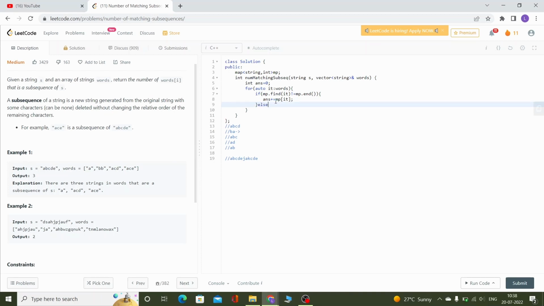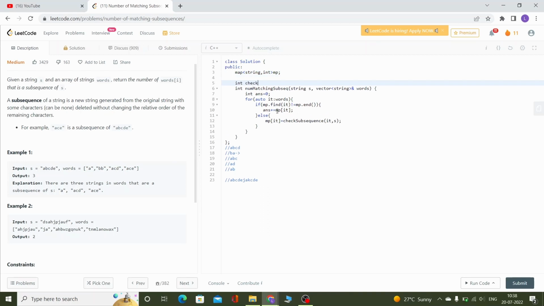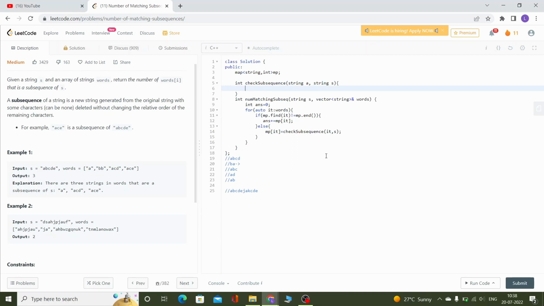Otherwise, if the value is not present within the map, we do need to check whether the subsequence can be made or not. So just checking how we will check the subsequence, passing the string which needs to be checked and the given string, that is s and the it. It is used generally for the iterator. And integer checkSubsequence, string a, string s. So here string a represents the given word from the word list, and